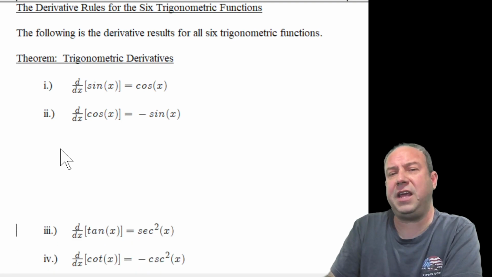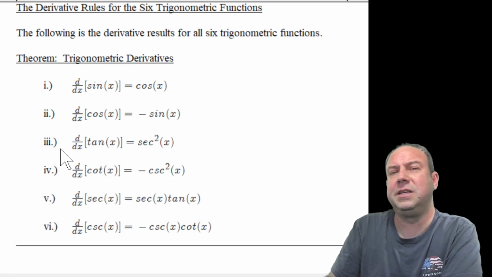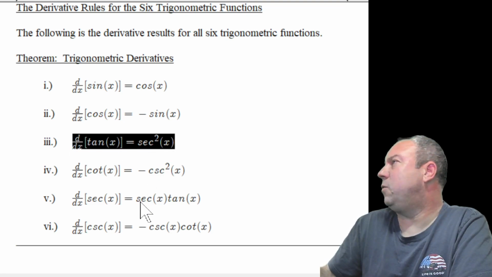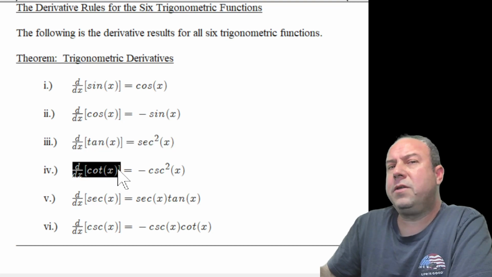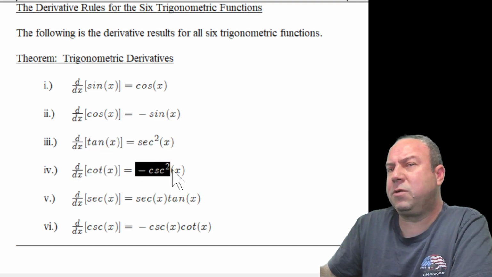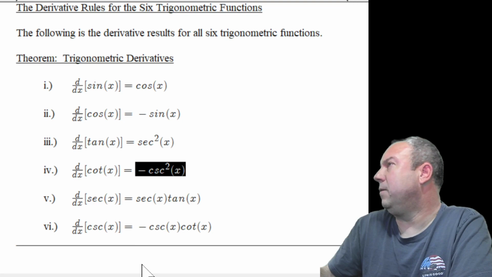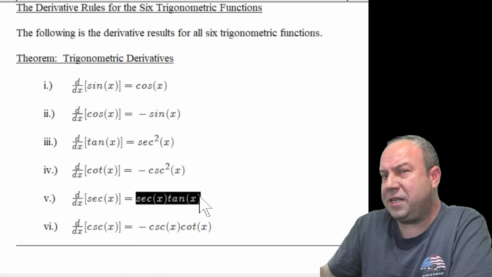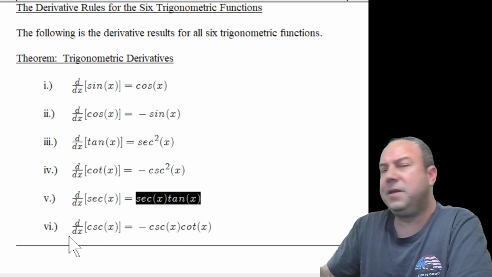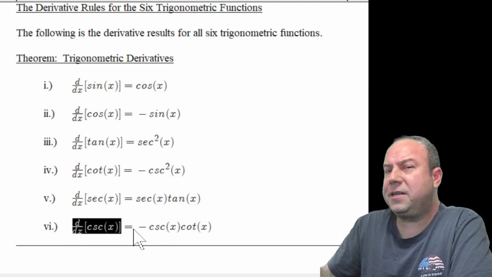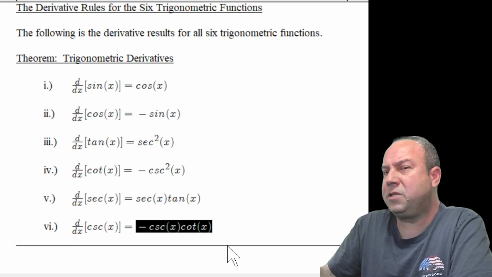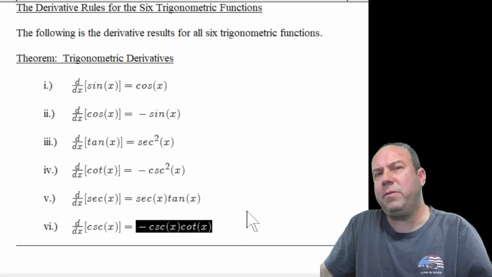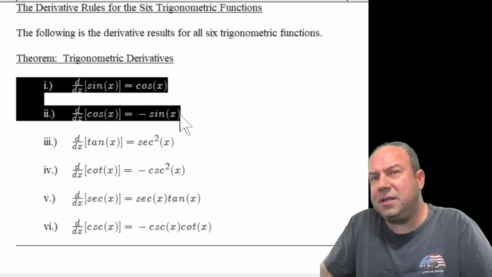What we see for the tangent is that the derivative for the tangent of x is equivalent to the secant squared, where the derivative of the cotangent is equal to the opposite of the cosecant squared. And the derivative of the secant is equal to the secant times the tangent of x. And the derivative of the cosecant is equal to the opposite of the cosecant times the cotangent of x. And what we might see with each of these